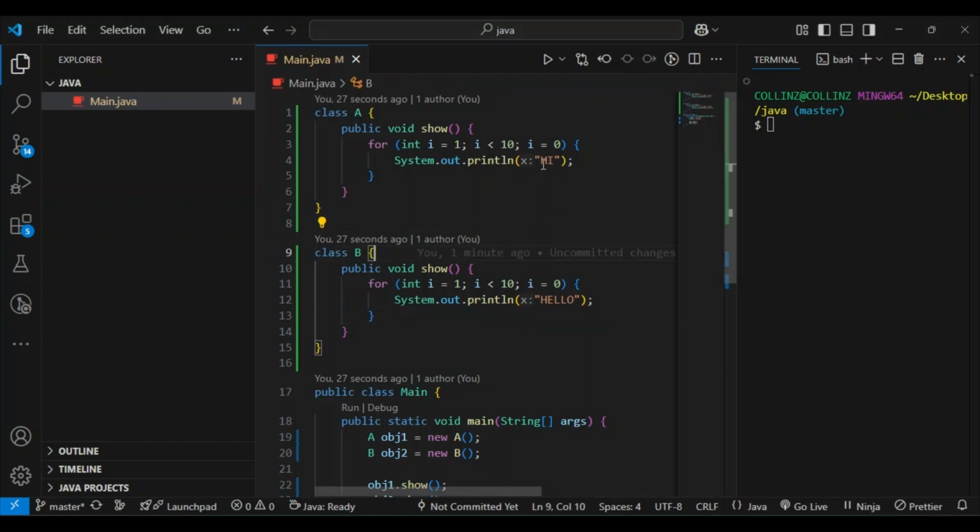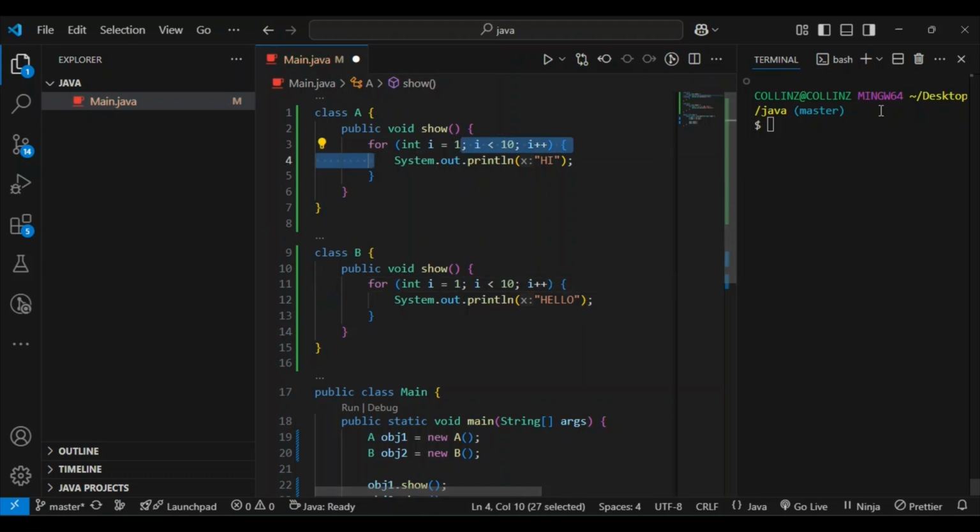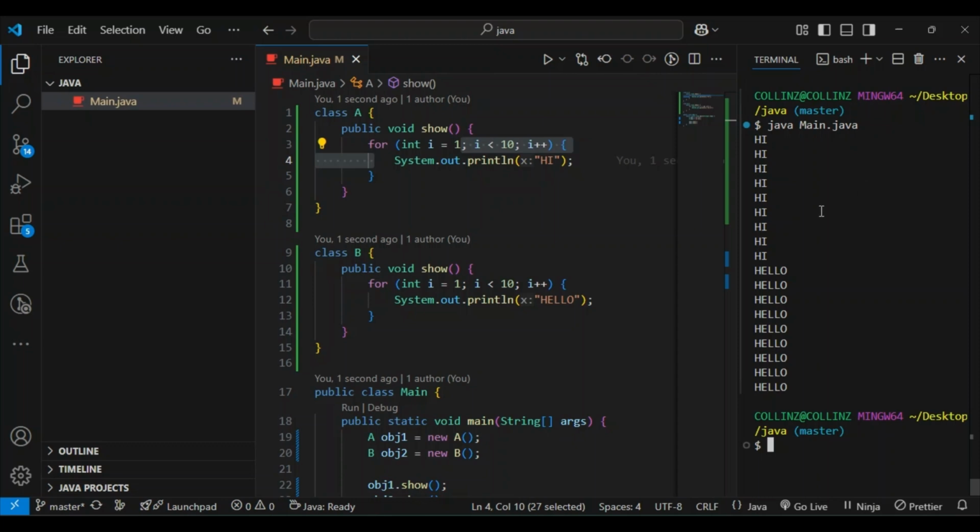I think the mistake is here. Oh, what am I doing again? This is the increment. Yeah, this has to be an increment, not equal to 0. I was trying to repeat the same initialization process here, meaning it would go into an infinite loop. So now when I compile and run, you see that I'm printing out hi 10 times